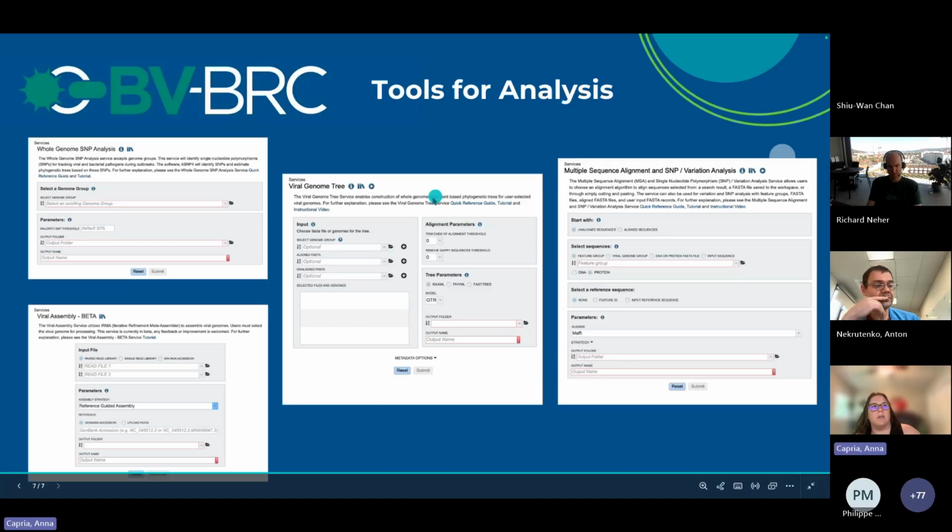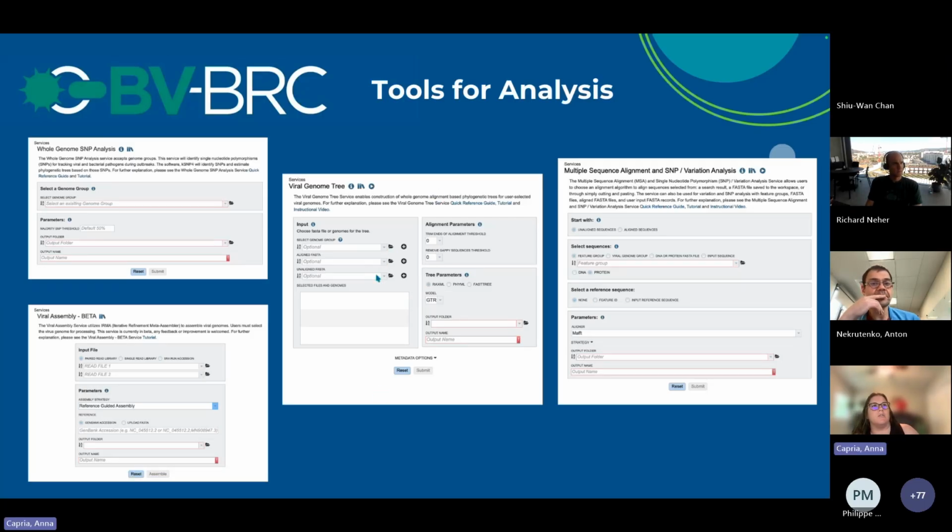I also just wanted to mention some BV-BRC tools that you can use to analyze data. As it pertains to outbreaks or just analyzing data in general, we have a number of tools and services that you can run on any publicly available data or your own personal data. Some that I thought would be important to highlight as it relates to an outbreak is our whole genome SNP analysis service that uses kSNP4